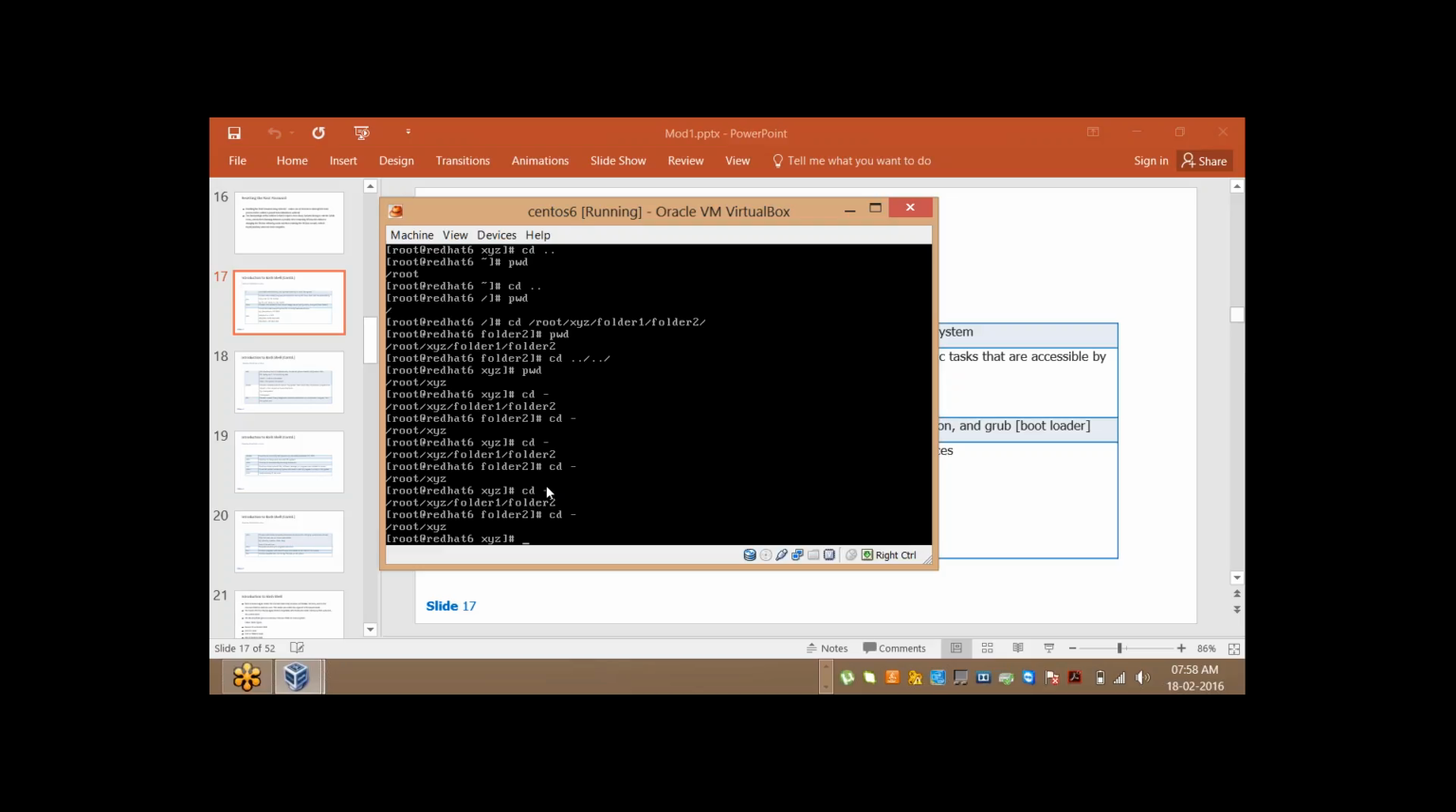Okay, so this is how we use cd command. So we have seen ls, we have seen cat command, we have seen touch command, we have seen mkdir, how to create the directory and how to switch between the directories. Now